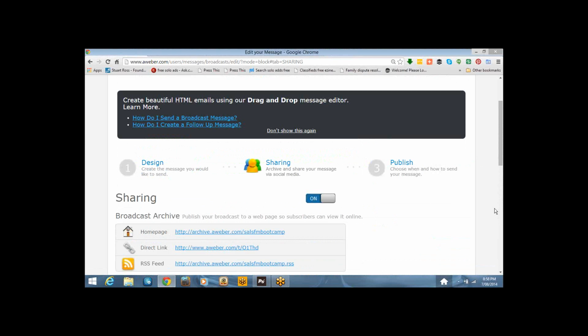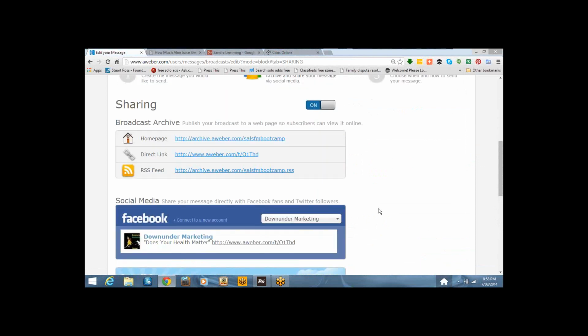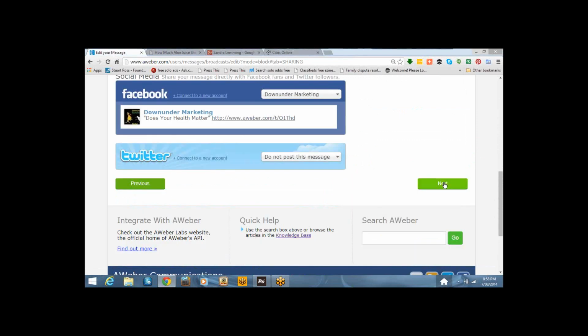As a post, and it'll also go to everybody's email box that's on that list, and they'll actually be able to share it from their email as well. So they'll be able to share it to Google Plus and Facebook and Twitter and stuff like that. I always have myself on one of these lists. You might want to put it on Twitter as well. The reason I always have myself on one of these lists is because I can then share it from my own email box. But you'll click Next.